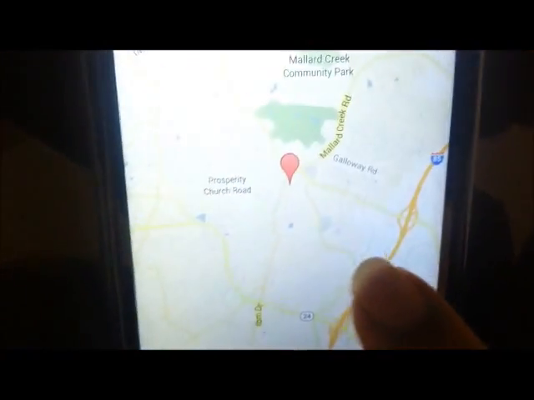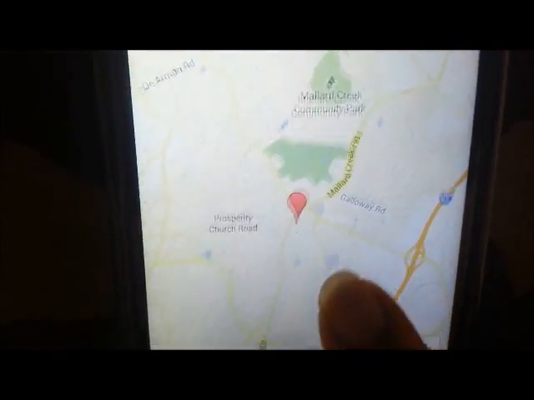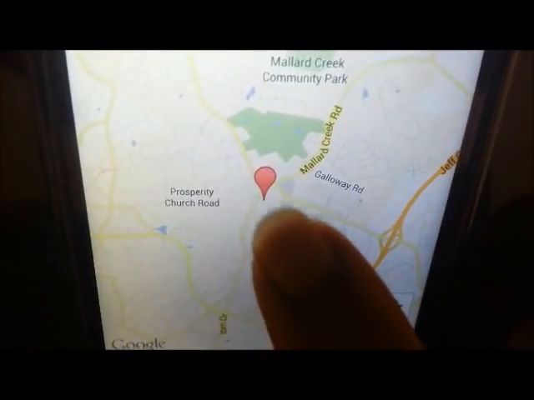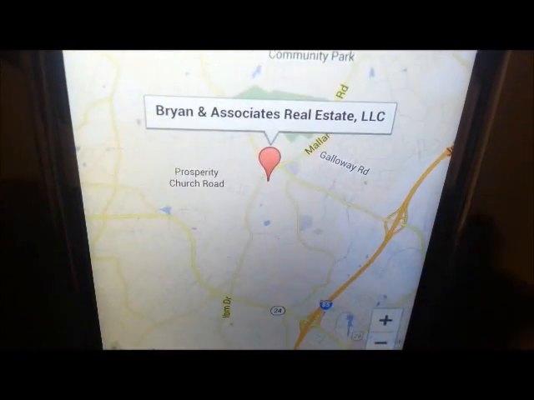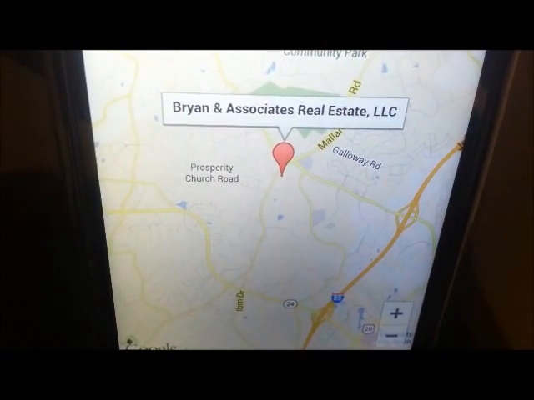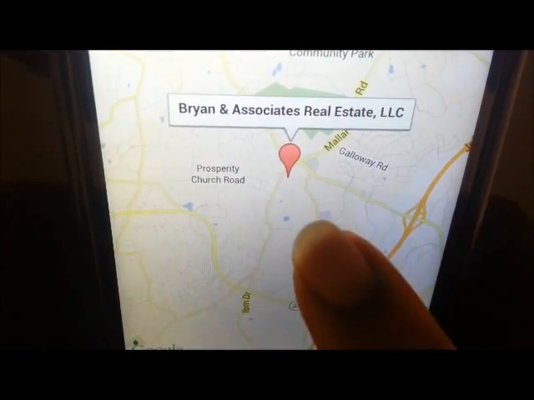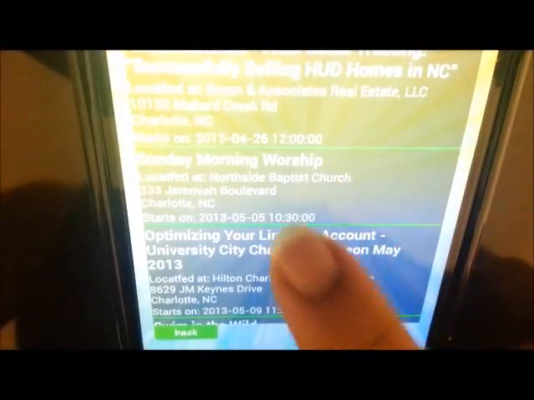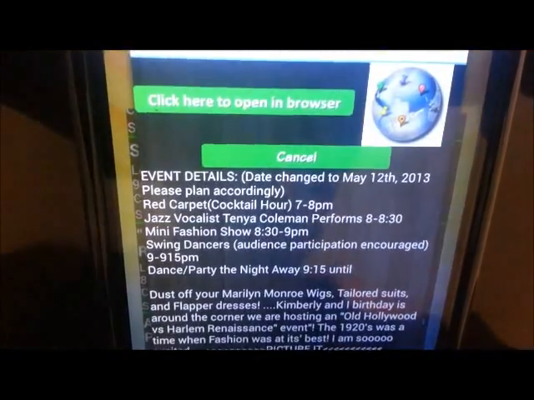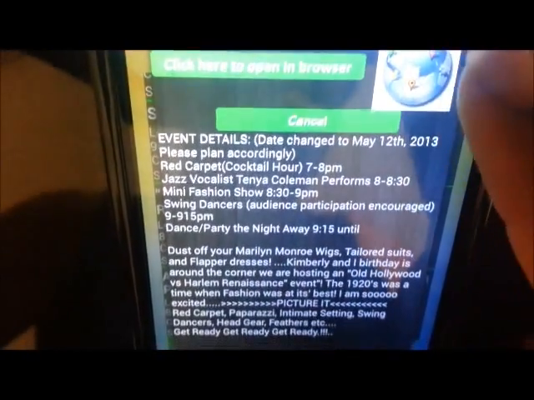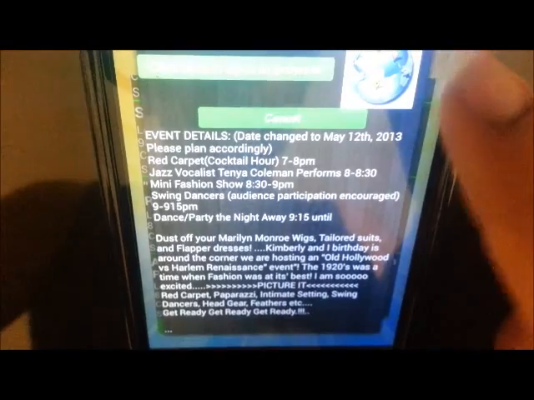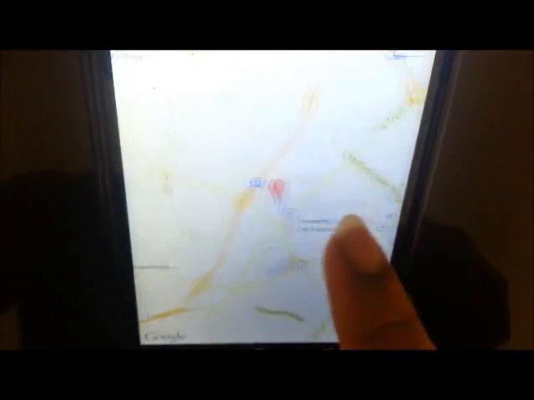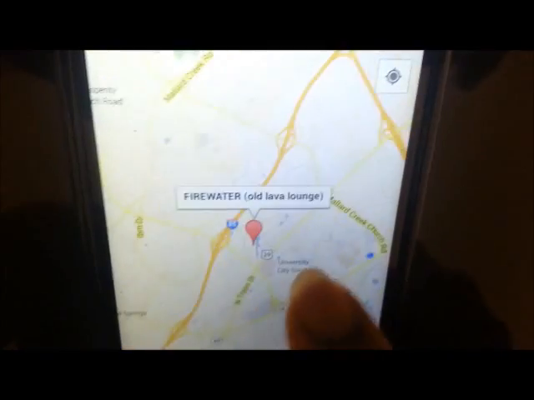As we see, it's located over here, and when I tap on this, it will show you the exact name of the address where the event is located. Now we go back and we can do the same things for different events. This is a different event. If I want to view where it is, I click on the map icon and it will again show you where it is.